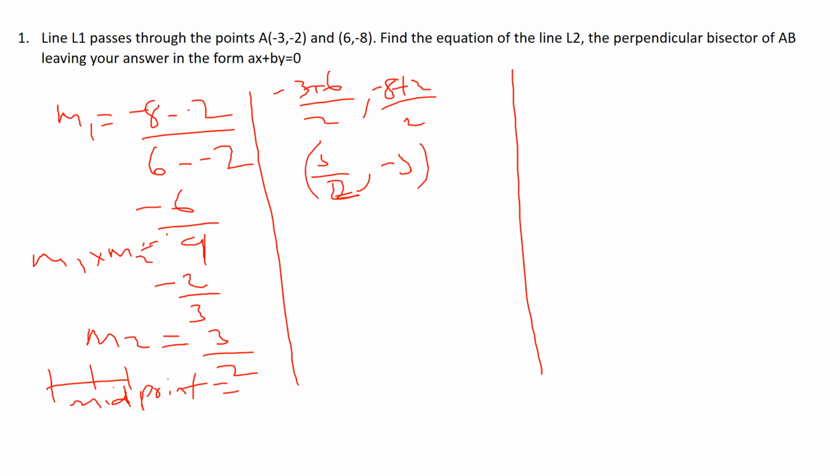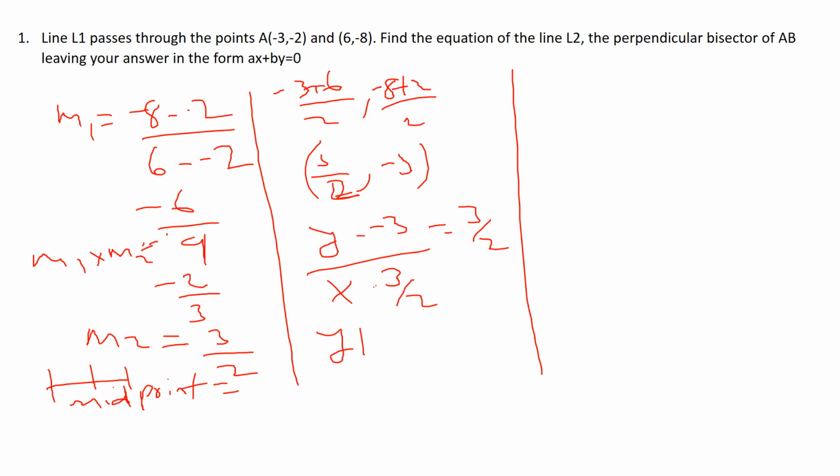Now I can get the gradient by saying that y minus 3 divided by x minus 3 out of 2 is equal to 3 out of 2. So in this case, this is the same as y plus